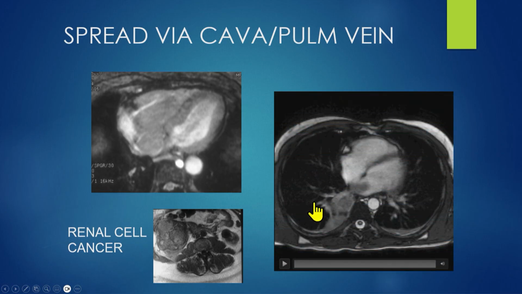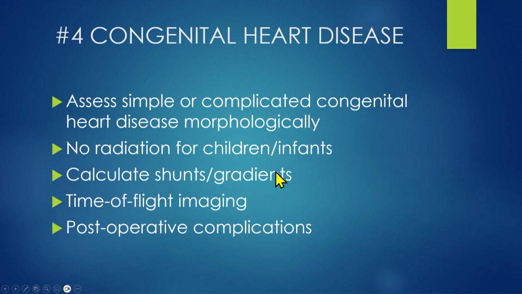Here's a lung cancer that's invaded through the pulmonary vein, inferior pulmonary vein, into the left atrium. MRI is very good. Not that CT won't show that. I think, yeah, CT will show that as well, but MRI sometimes, for whatever reason, shows it as well or better. And then I'll talk briefly about congenital heart disease, very briefly,